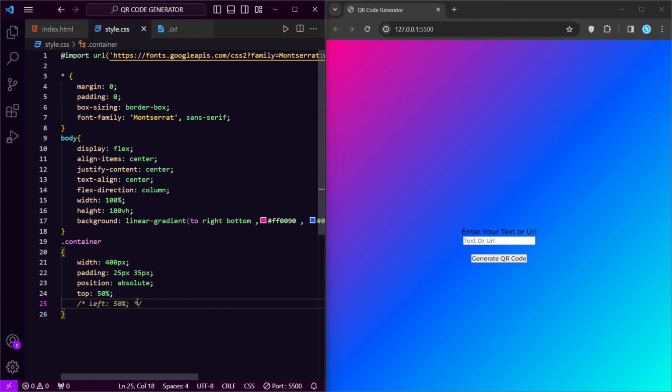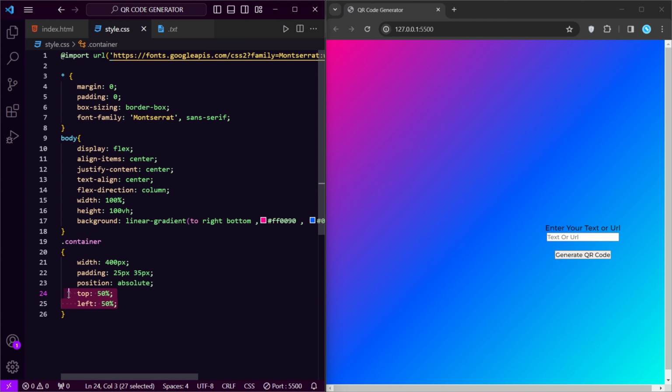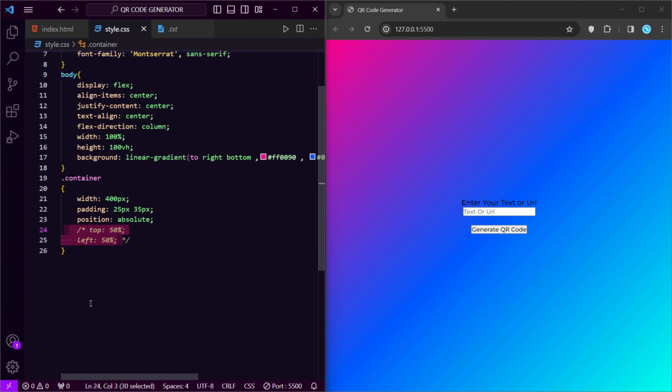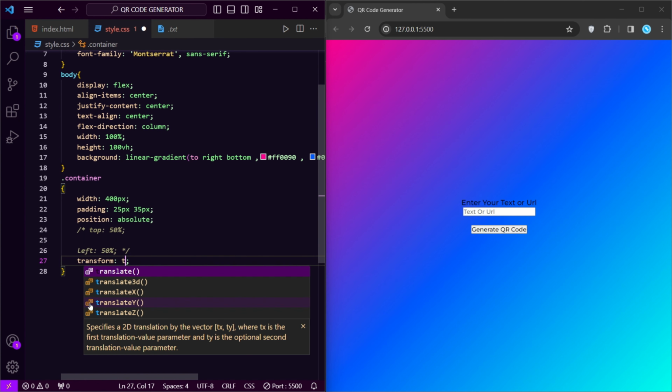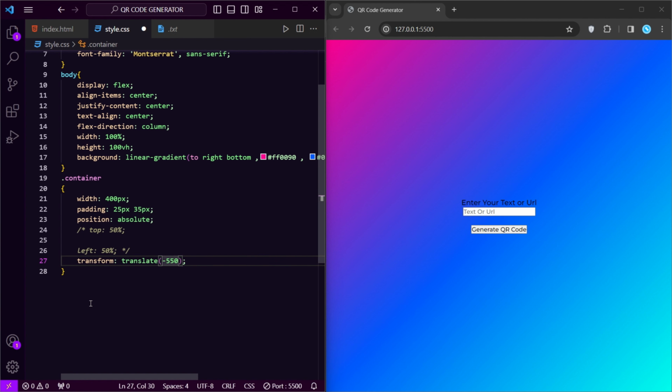Comment this for some time. Now we have to give here transform translate minus 50% and minus 50%. Save it.